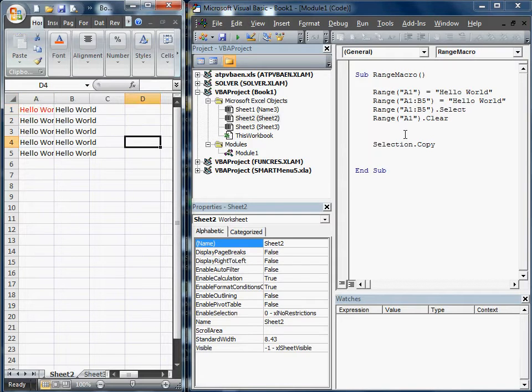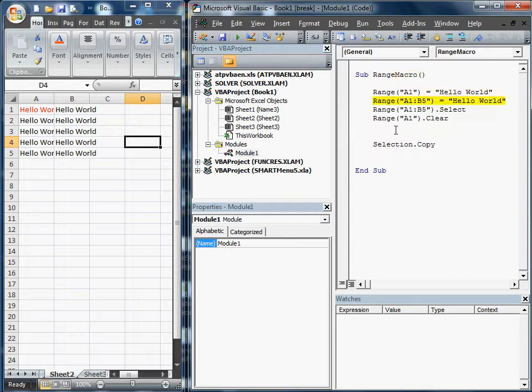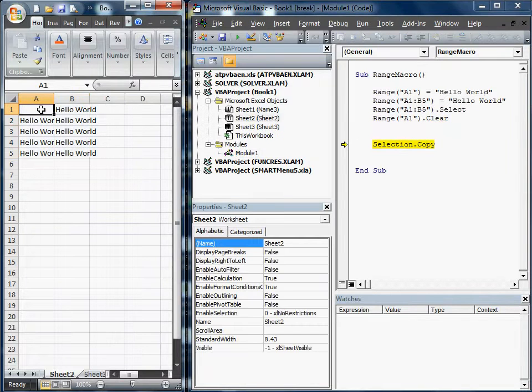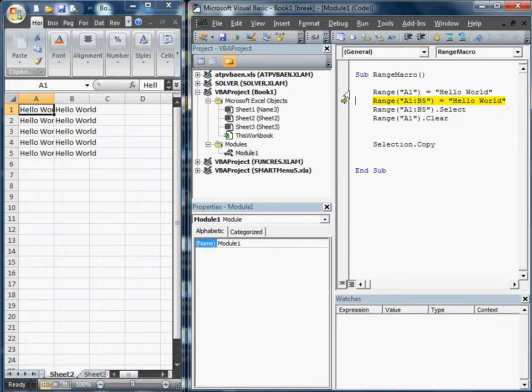Okay, so we've turned that. Now we said that we're going to change that to red. Now when I hit clear, it's going to get rid of it. And as we go through it again, I'm going to come back up here. It gets rid of the formatting as well. So to get around that, easiest way to do that, A1